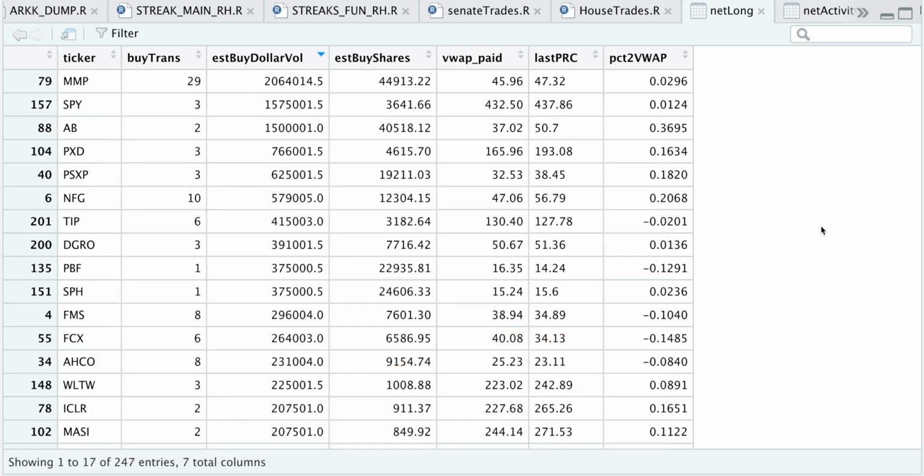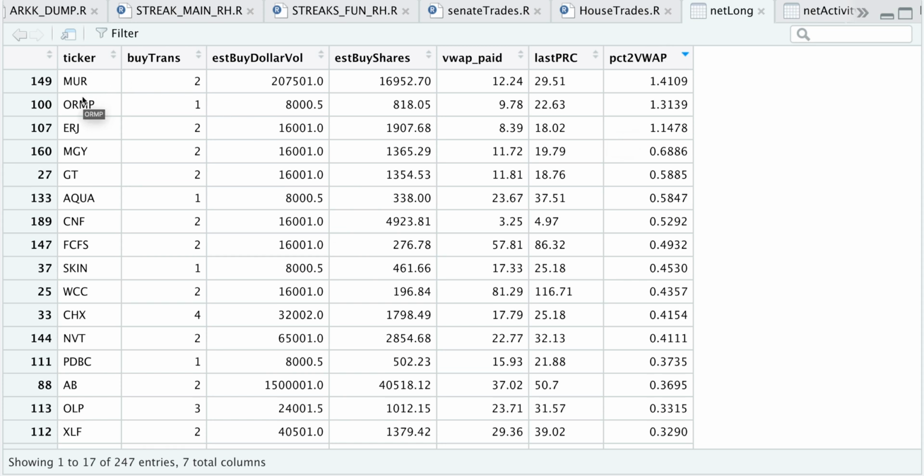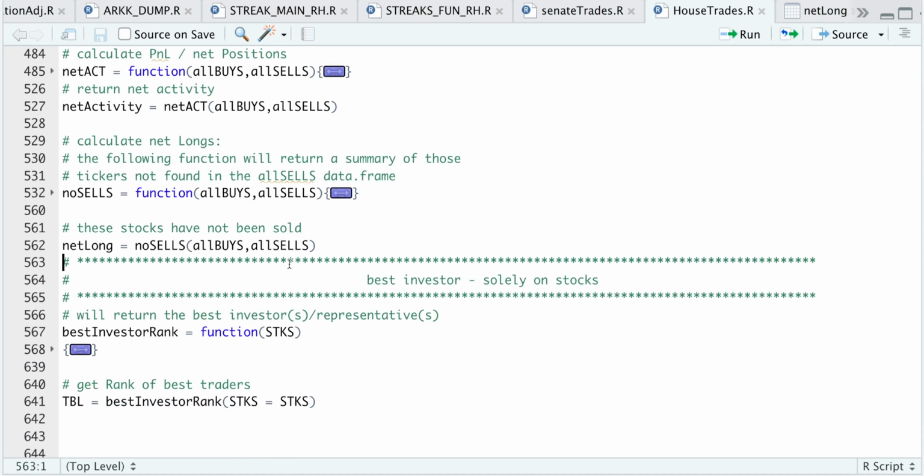sideways this year. And if we rank by percent, we see that this ticker MUR has the greatest percentage change. So it looks like the average price paid was only $12.24 and it's currently trading at $29.51, but not that many transactions. Alright, so finally, let's take a look at the very last function, which will return the best